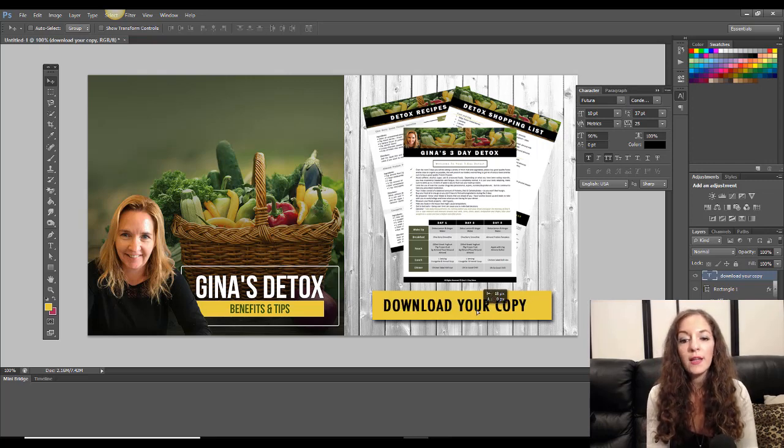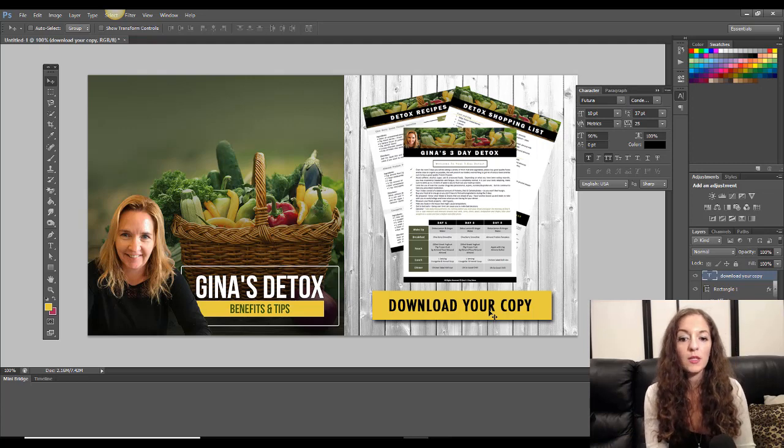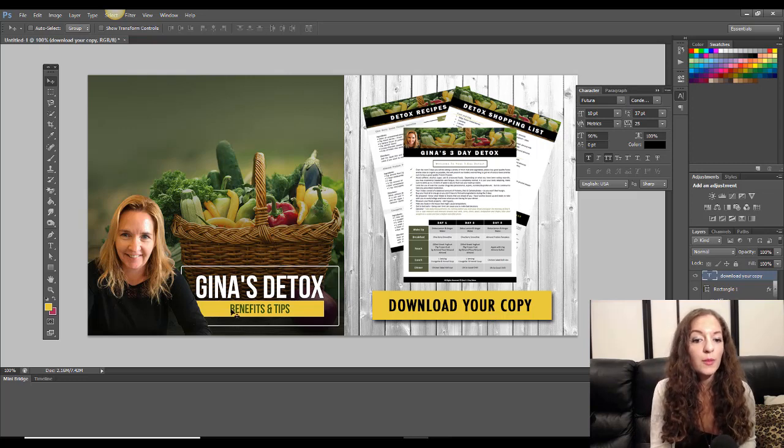And if you find that you're moving it with your cursor, it's not going exactly where you want to go, you can use the arrows on your keyboard. As long as that layer is selected, you can use the arrows on your keyboard to adjust the exact placement. Okay, it's coming together. So all that's left now is for me to just cover this part that says benefits